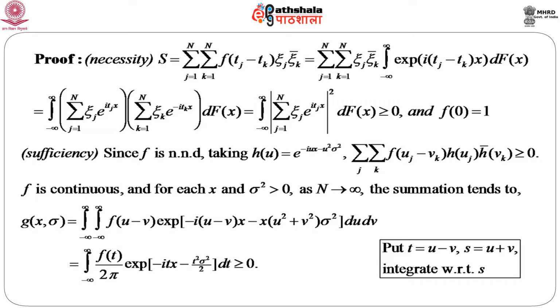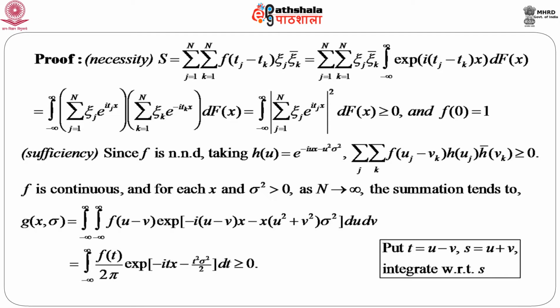Since f is non-negative definite, let us take h(u) as e to the power minus i u x minus u square sigma square. Then, if we consider the summation over j, sum over k, of f of u_j minus v_k, h(u_j), h(v_k) complex conjugate, it is given that this is greater than or equal to 0. F is continuous, and for each x and sigma square greater than 0, as n goes to infinity, this entire summation tends to this integral, which we denote by g(x, sigma),